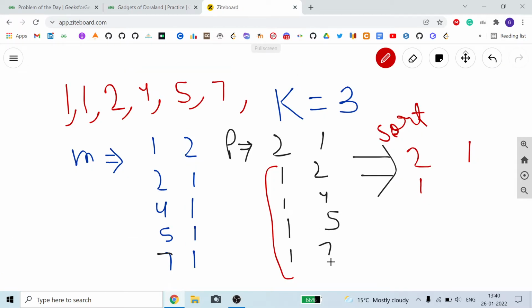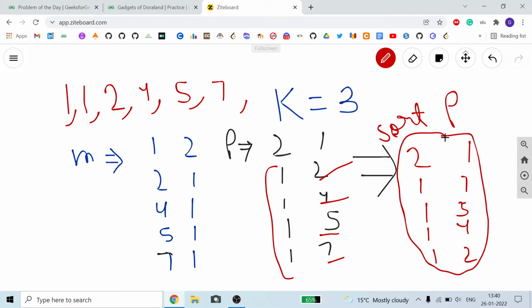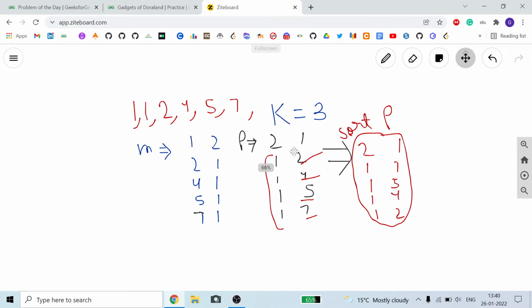So the maximum among them is 7. So 7 with 1, then the next greater is number 5, then number 4, and then number 2. So this is my vector p after sorting, this is how my vector p looks.